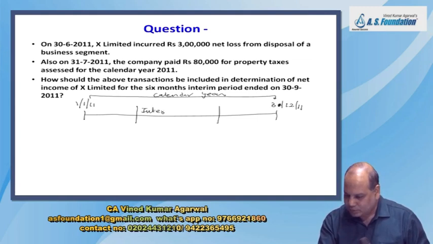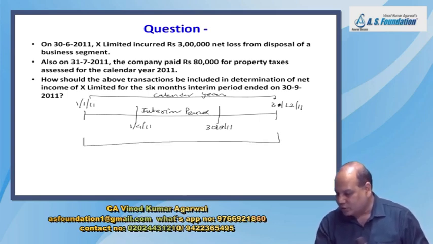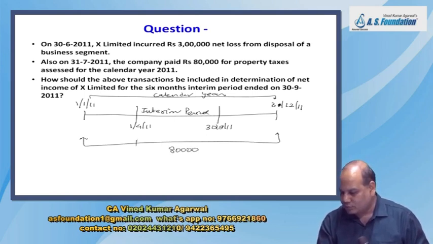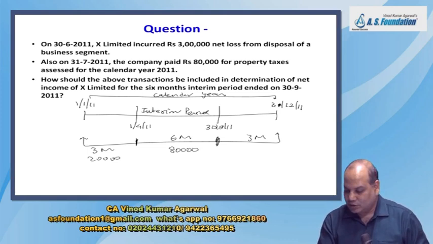This is my interim period for which we are preparing the interim period report. This interim period covers 1st April 11 to 30th September 11. This 80,000 rupees is paid for 12 months. So what you will have to do, you have to allocate this 80,000 over first 3 months, 6 months and 3 months. So 20,000, 40,000